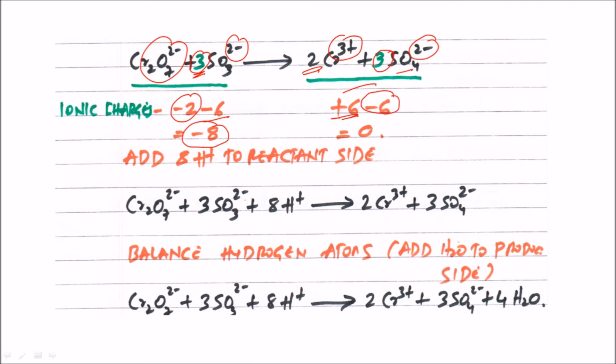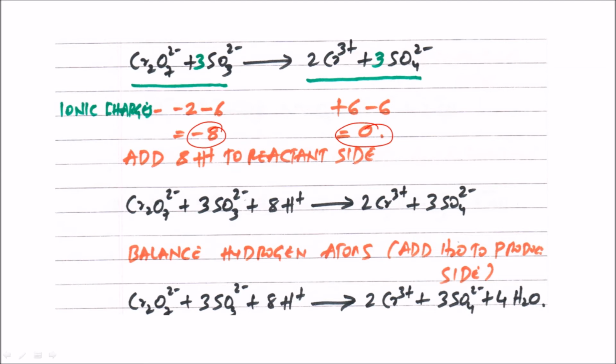So if we solve it, we'll get the answer as 0. You can see now on the reactant side and product side, the charge is what? On the reactant side we got -8, and on the product side we got 0, and we need to make it equal now. How can it be done? We can add protons or we can add hydroxide ions depending on in which medium the reaction is carried out.